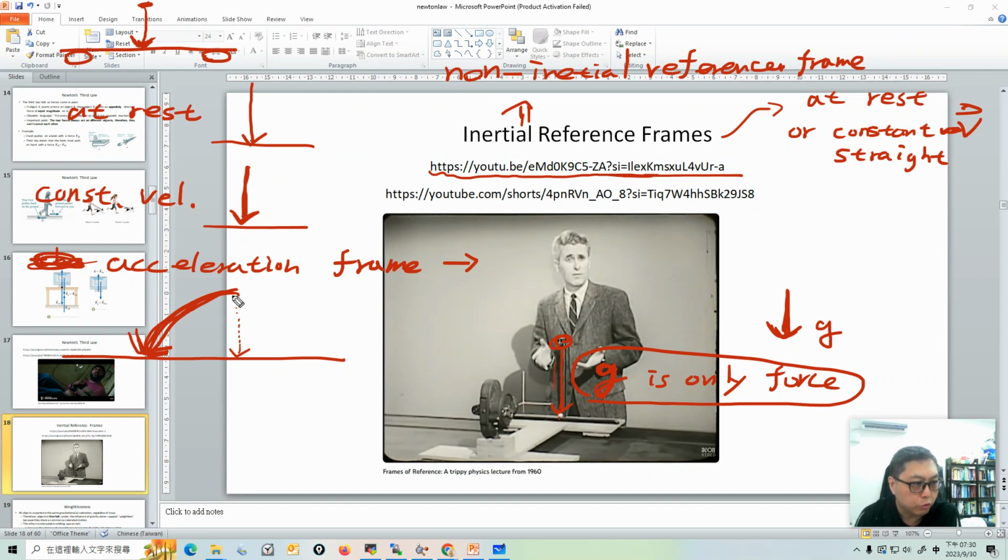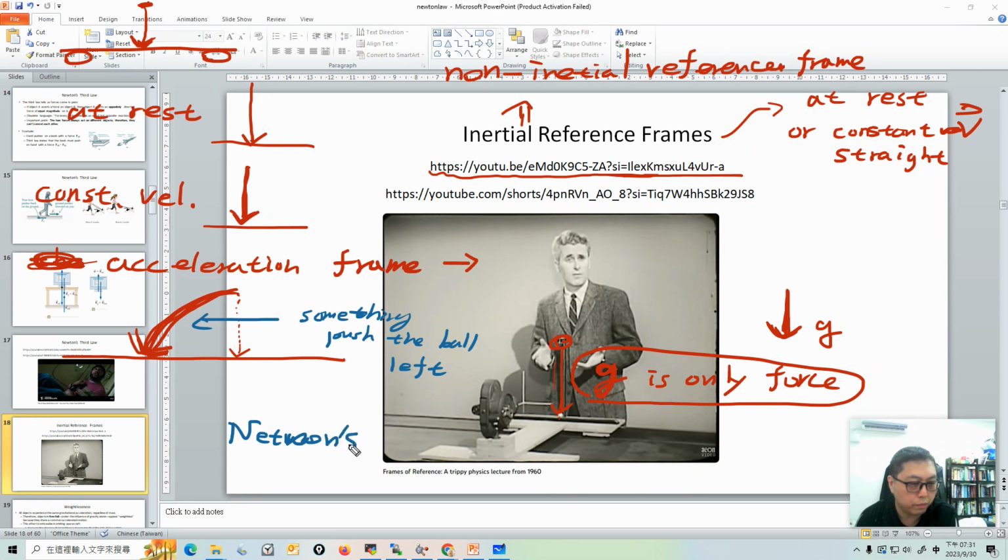So if the trajectory goes to the left, that means something pushes the ball to the left. Newton's second law says force causes motion change. So something pushes the ball to the left, because the only force, gravitation, only goes downward. So what caused the ball to move to the left? This tells you that at least Newton's law